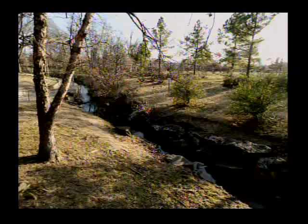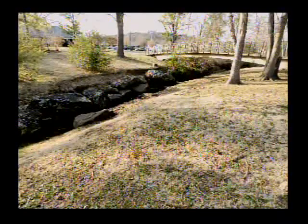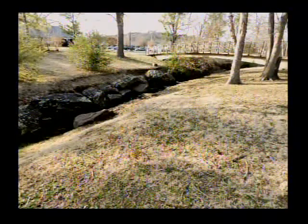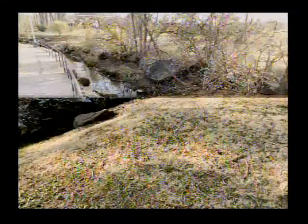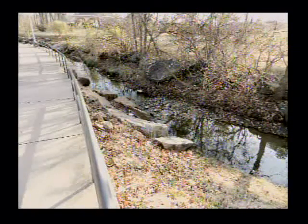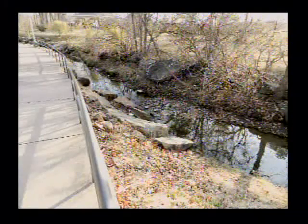Anyway, that's showing you how the stream has no vegetation as it runs through the campus. And about 3 years ago, when people were working on the streamside ordinance, this whole area through here was used as a bad example of how to manage your streamside. Notice the boulders that are in there have been moved and placed and brought in and so forth over the years, and the erosion occurs all around them because this little bit of trail running through there is actually underwater